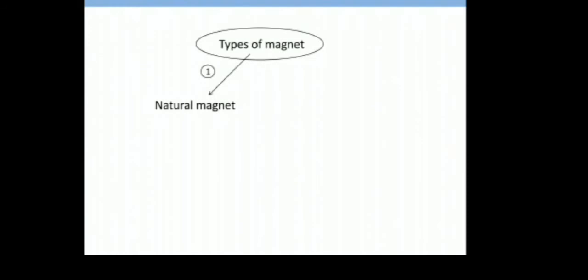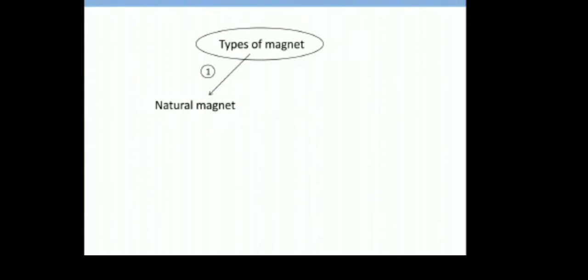Also, we always divide magnets into two types, that we have seen in the previous class. One type of magnet is naturally available, which is there in the earth or coming from inside the earth, and no human being is making it. So a natural magnet is automatically coming out of the earth. That means earth also has some magnet-like material. Later you will study in higher classes that earth is like a very big magnet. Earth is also nothing but a magnet.